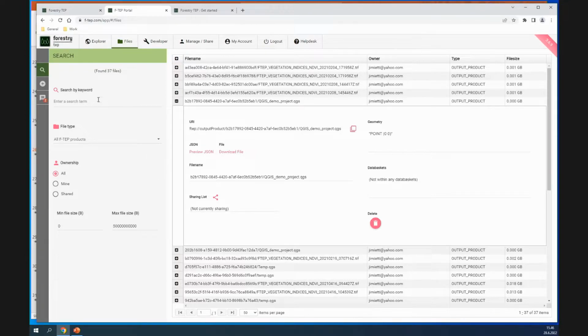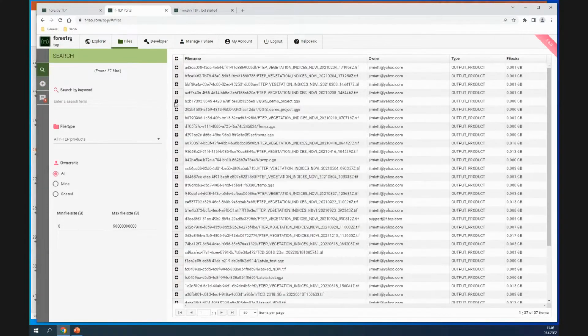You can search for the files, and most of all, on the left-hand side here, this is an important button, this upload button. So one of the key benefits of these kinds of platforms is that the satellite data and all the other data that is there on the Creodias, that is accessible to you.